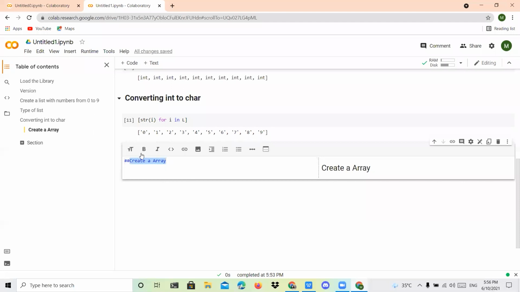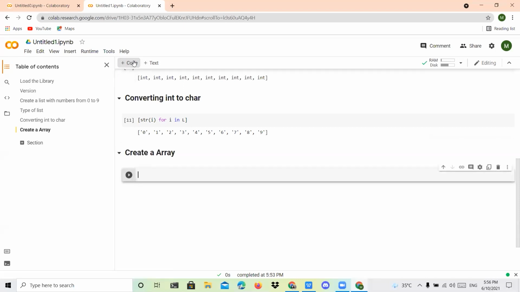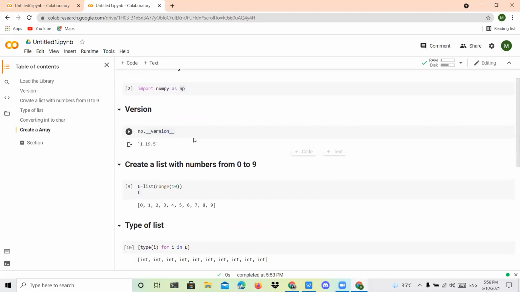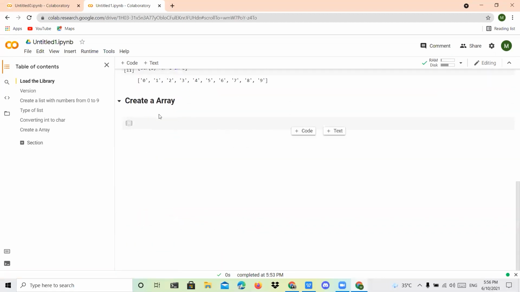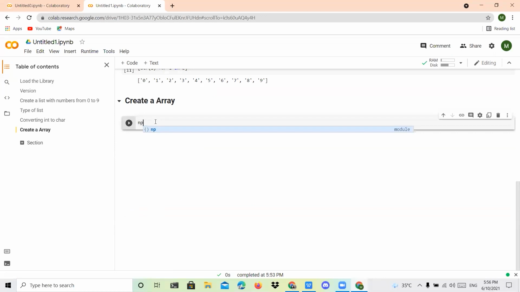And also I want to bold this one. You can use this. After that, you can click this code. Now the array can be created with the help of NumPy. Whatever variable you mentioned for NumPy, that variable only you have to use here. So first I have to give NP dot. Suppose this is only an empty array, or I can call it a very basic array. So I'm going to give zeros in my array. These are all called built-in functions. So you can give NP dot zeros.